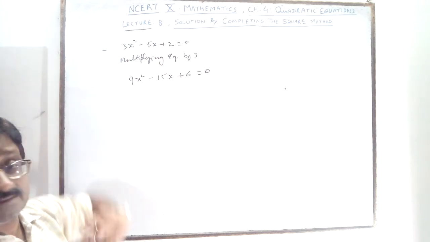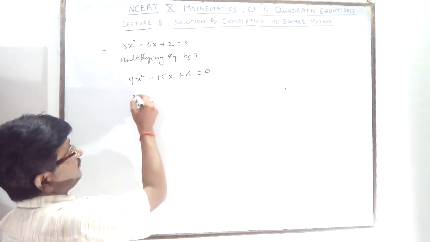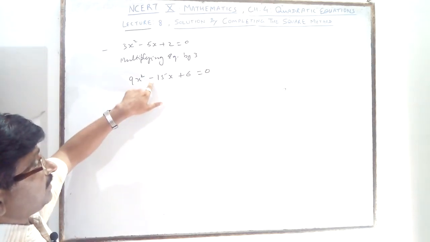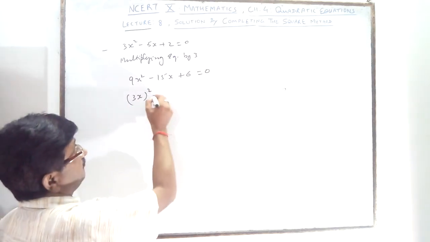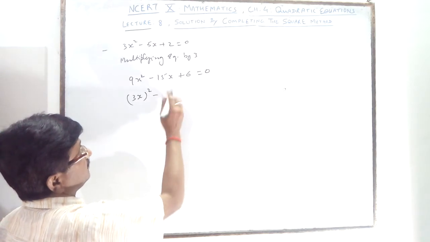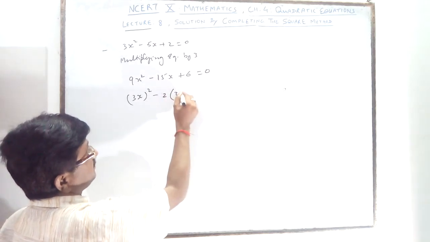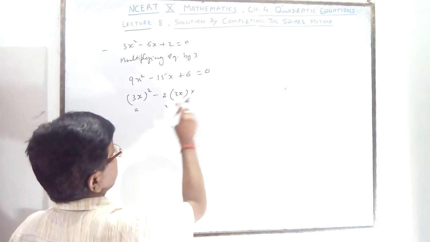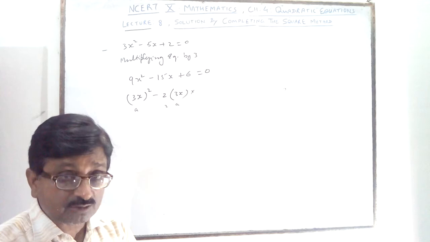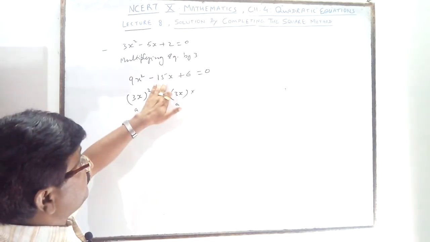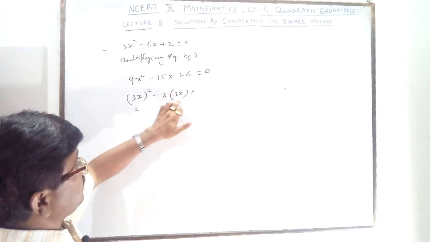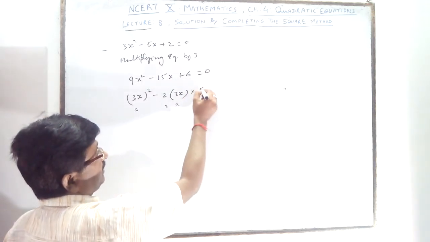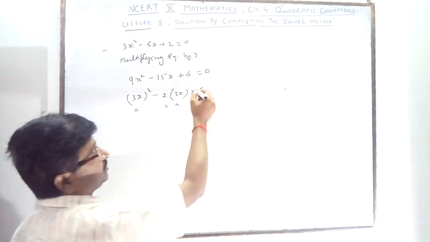Now you see this. What is this? It is a perfect square of 3x. Here is a minus, it means you will apply a minus b whole square, minus 2ab. Minus 2, what is a? 3x is a, so it is 2a. What will you write for b? You write b according to the result present. 15 you want, here you are getting 6. So what will you write? 5 times 3 is 15, 5 by 2. 5 by 2 is your b.